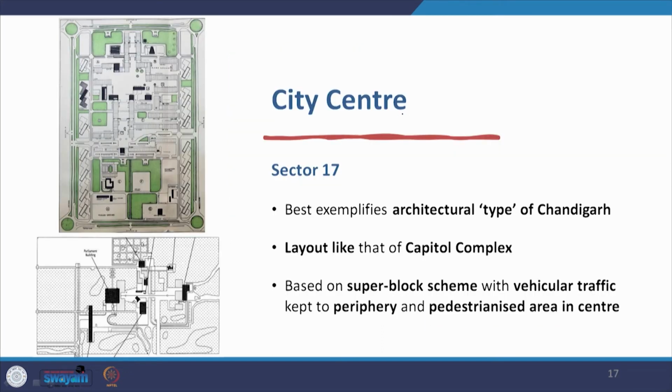The city center, sector 17, let's look at sector 17. It best exemplifies the architectural type of sector in Chandigarh. The layout is very similar to the capital complex, and how is that? Ideas used in one place are then multiplied from the urban design level to the built form level.